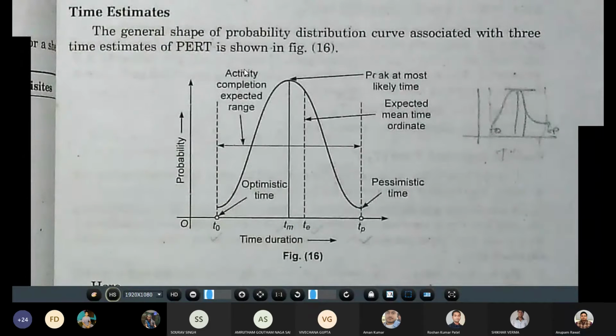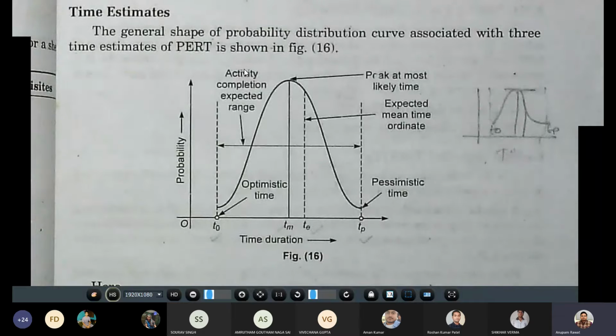And the second one is the probabilistic approach. In this approach, we may only be able to state limits within which it is certain that the activity duration will lie. Between these limits, we must guess. The probability of executing the activity needs to be guessed within these limits. This approach is followed by the PERT user. So here in PERT, we will use this approach.